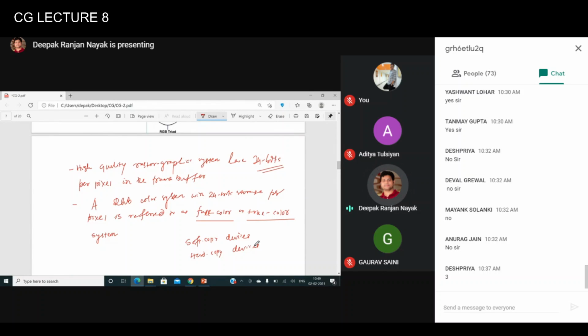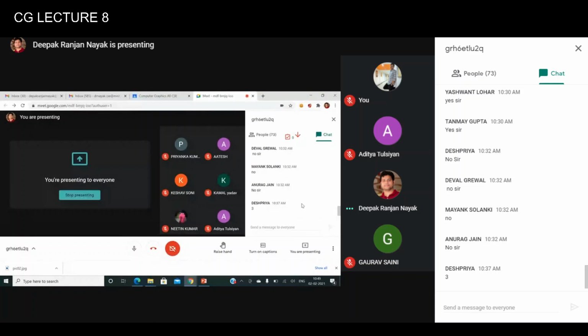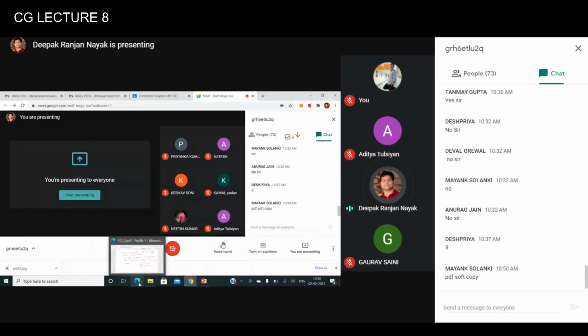Or can you give me some example of these hard copy devices and soft copy devices? I'm talking about the devices, hard copy and soft copy devices.